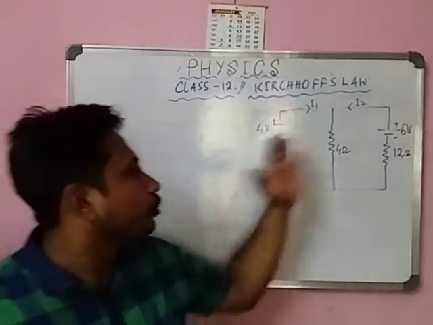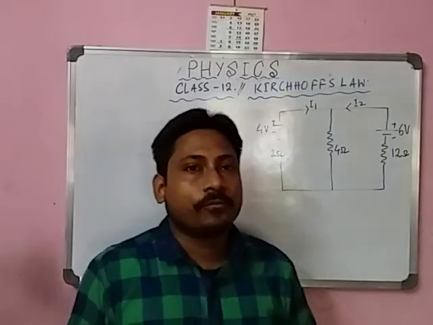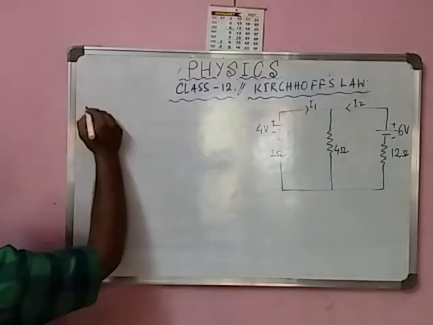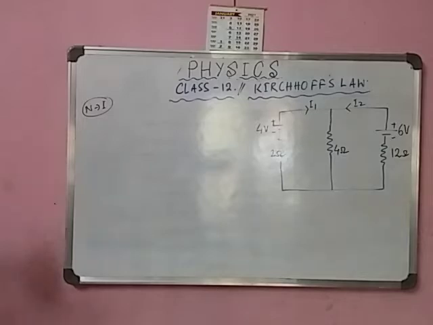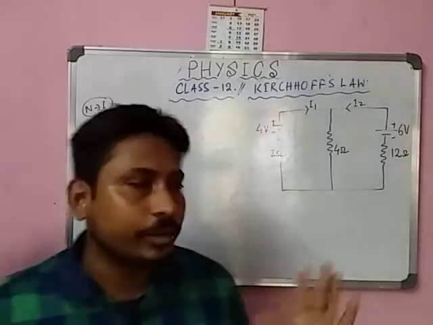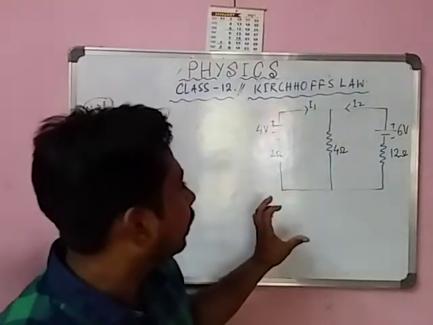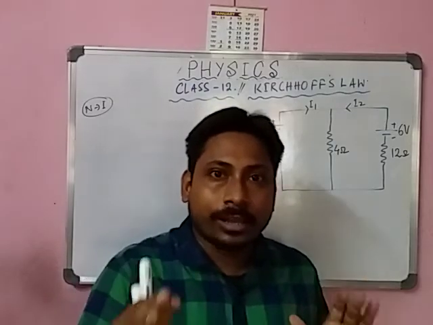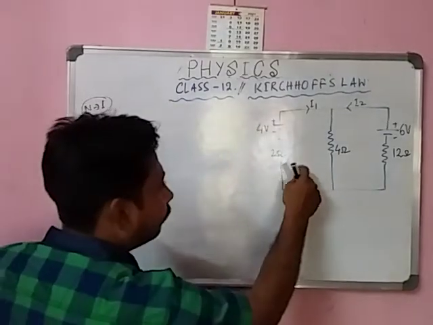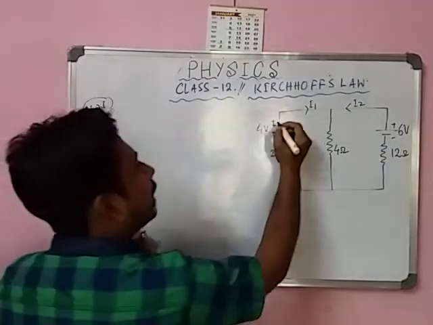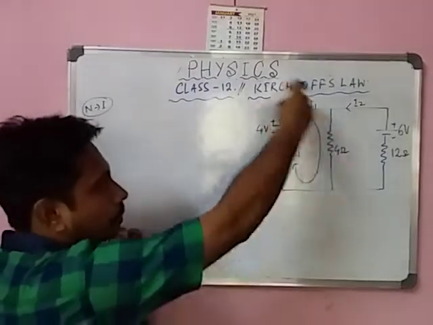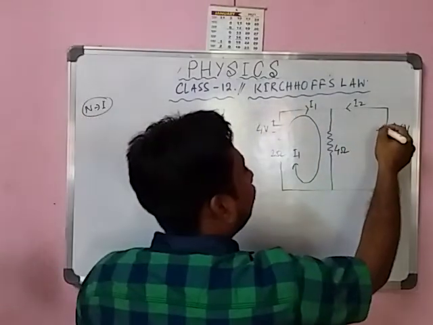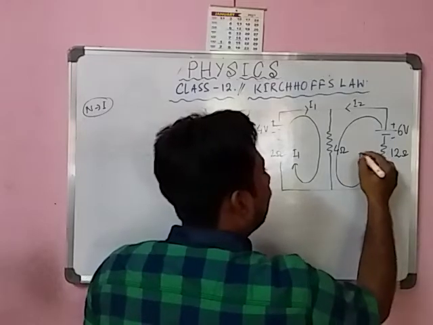Okay students, please draw the circuit diagram for numerical number 1. Pause the video and draw. First of all, you have to draw the current loops. This is the first loop, and current flows from plus to minus, so this is I1, with the loop going round like this. And loop 2 runs like this, plus to minus.